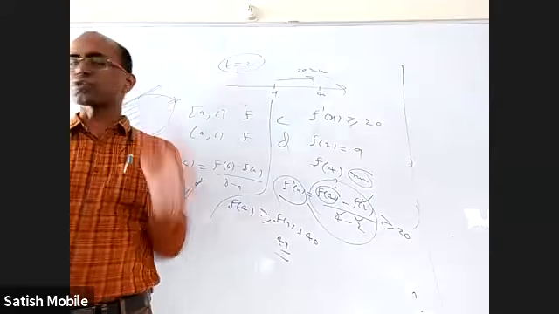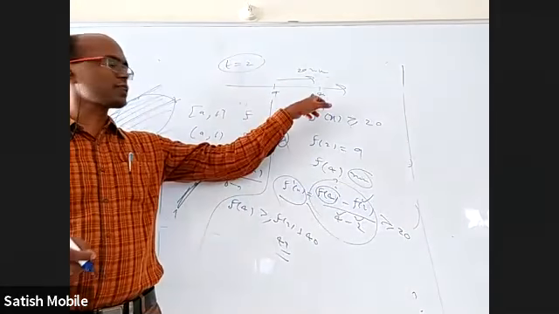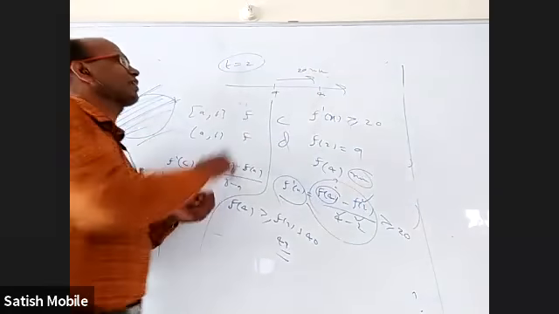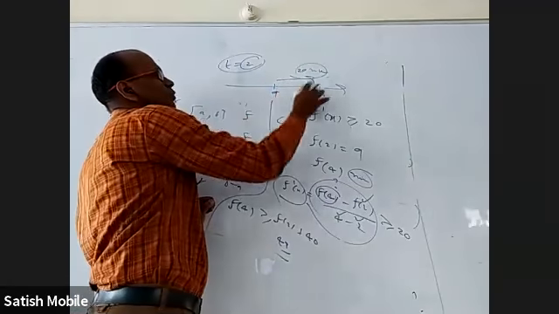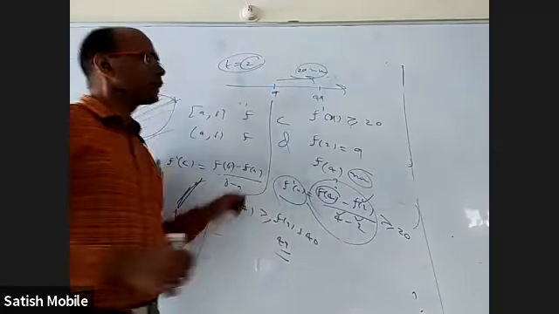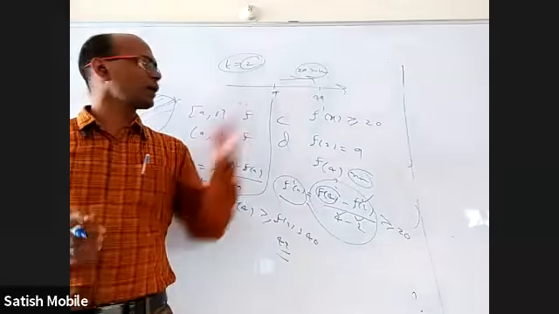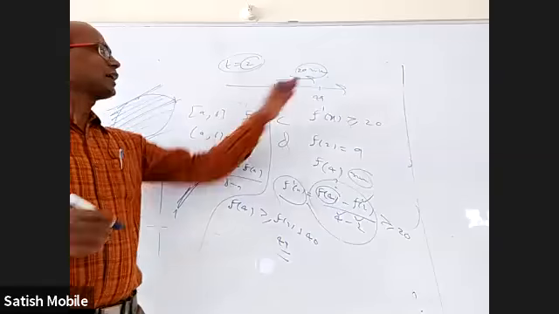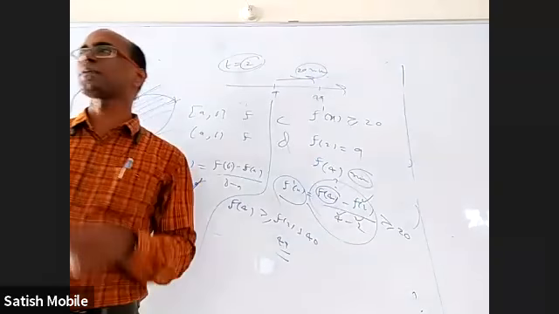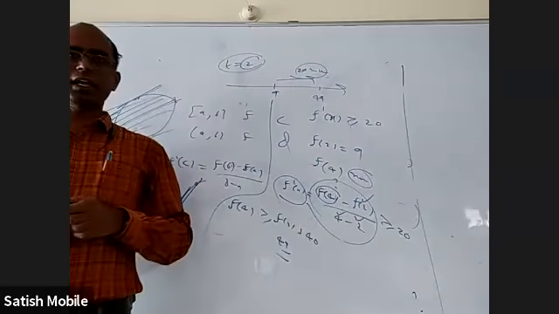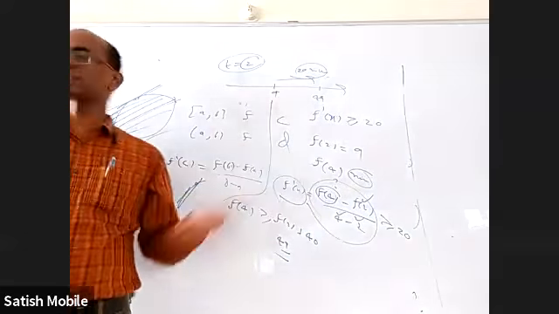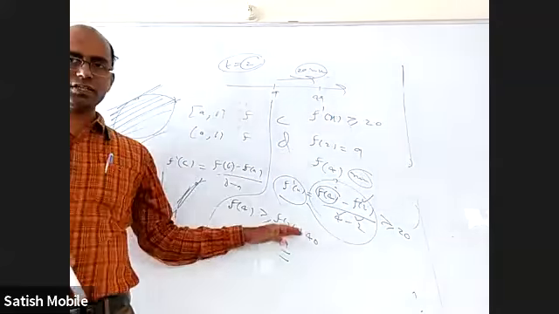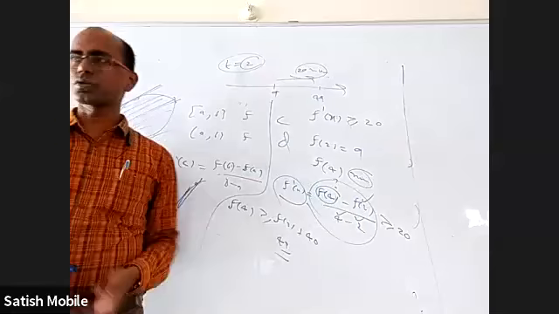If he travels with 20, he will travel 40 units because he's traveling for 2 seconds. Already at 9, if he's traveling for 2 seconds with the minimum speed 20, he will be at 49. If in between he increases the speed anytime, he will be beyond that. So with simple common sense, I can say at t equal to 4 seconds, his displacement will be minimum 49. It can be more than that. This question and that question are the same. So you can do it by formula like this, or if you understand the theory, you can also do it that way.